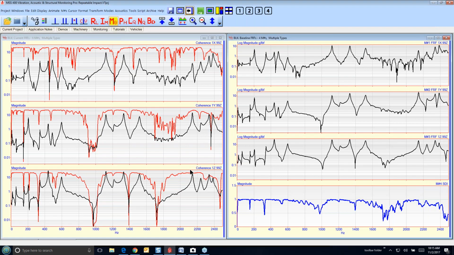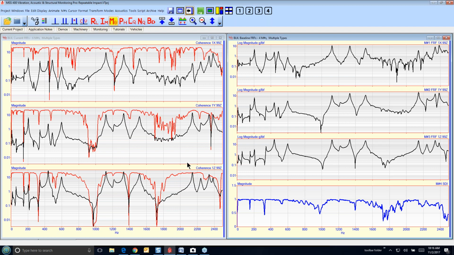So here's MEscope set up, and it looks very similar to the graphics that I showed you before. Over here on the left is a data block with 3 FRFs in it with the coherence overlaid. That's a display format where we overlay by DOF, where the coherence has the same DOF as the FRF, so we can overlay the two calculations together.